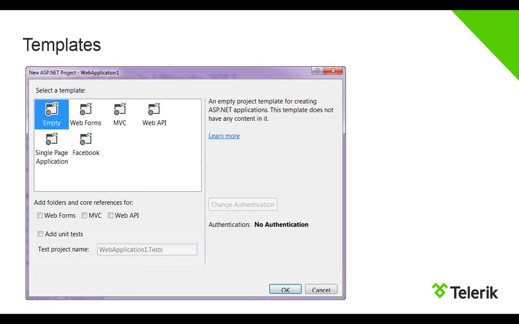Do you want web forms? Do you want to create an empty one? Do you want to start with any one of these: web forms, MVC, web API? Now let me bring up my Zoom it because I want to show something. Okay, so now notice here